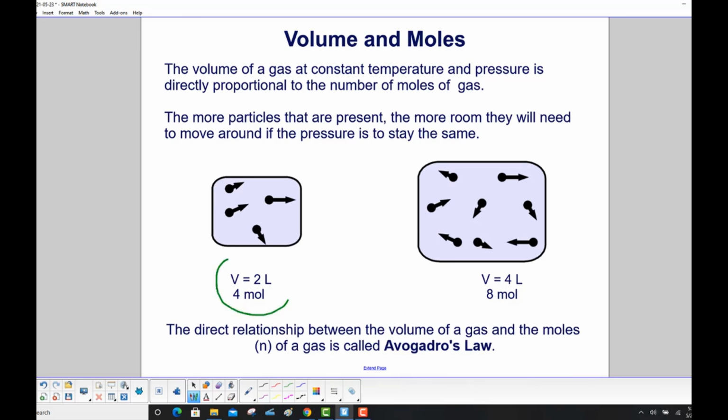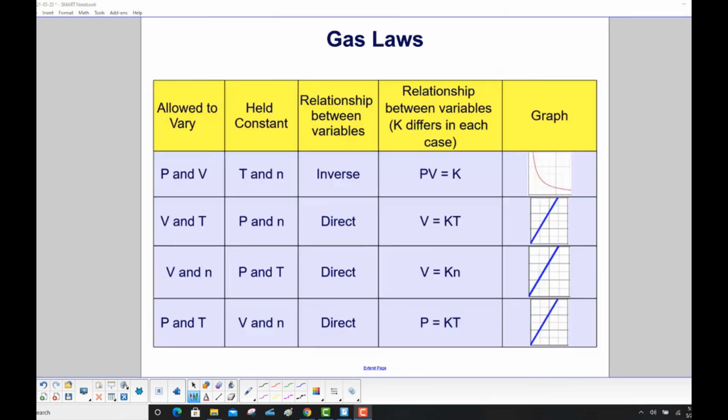So here we have 2 liters with 4 moles, and here we double the volume to 4 liters, and that doubles the amount of moles. So the direct relationship between the volume of a gas and the moles, parentheses little n, of a gas is called Avogadro's law. This chart shows what we're allowing to vary, what's held constant, the relationship between the variables,